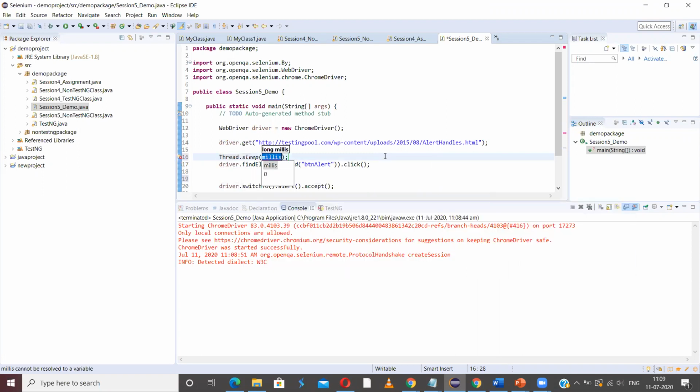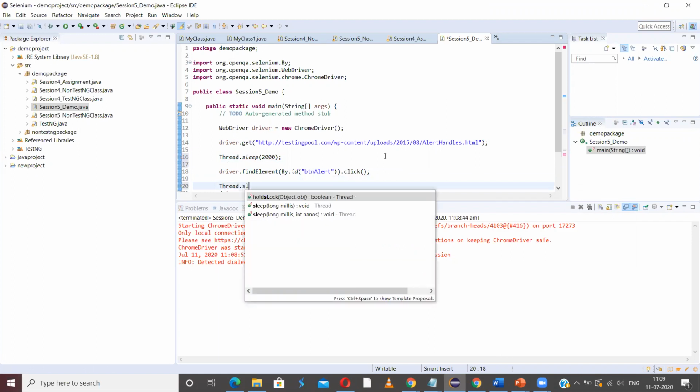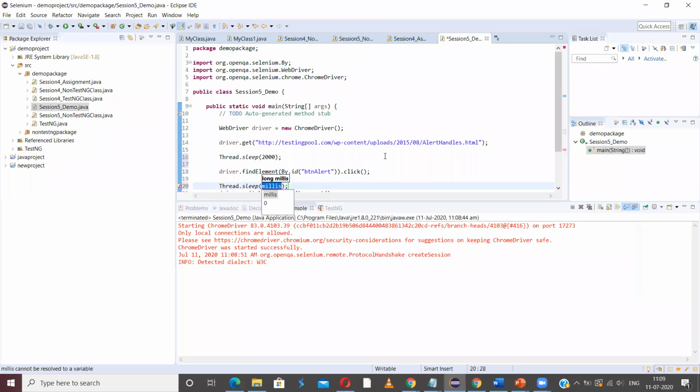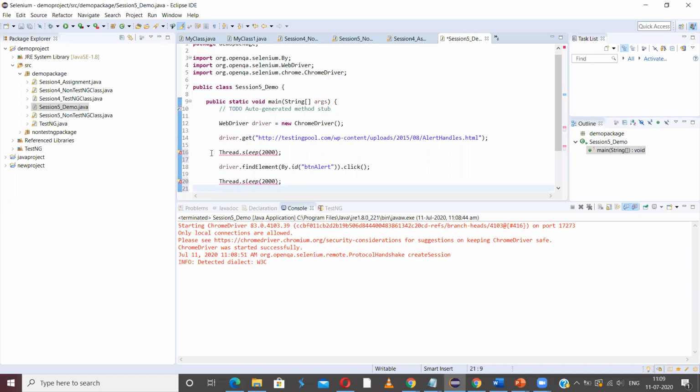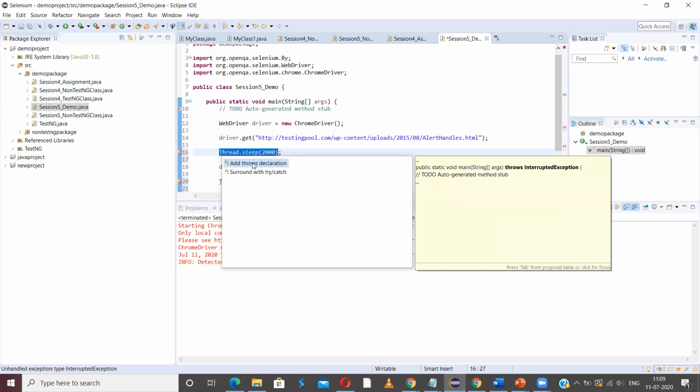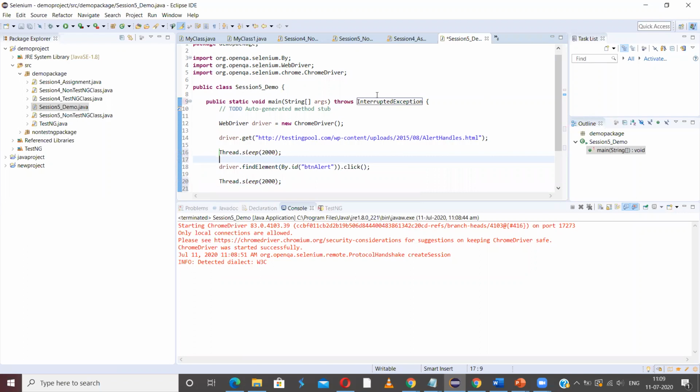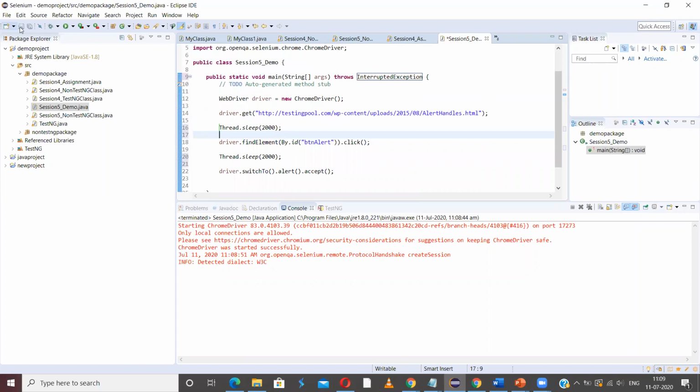Let me wait for say 2 seconds, here also. As I told, whenever we use this thread, the compiler expects an exception at the method level. So at the method level, we have to declare this exception, throws interrupted exception. Let me save and run it.